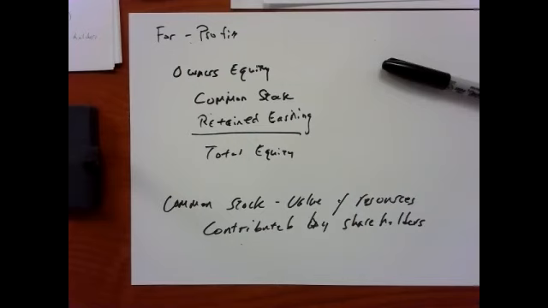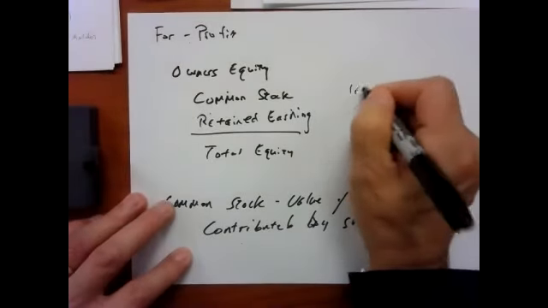So they each contribute $500,000, and then they create a corporation. The corporation now has $1 million